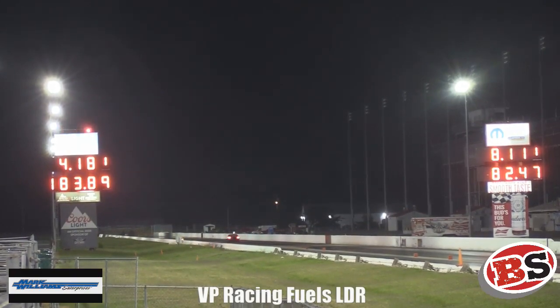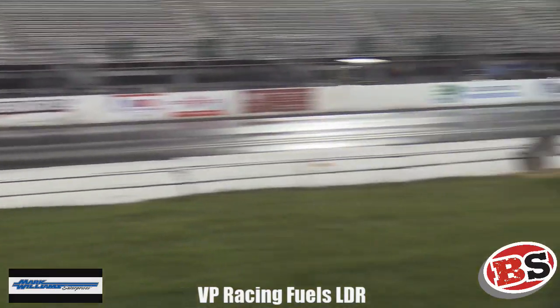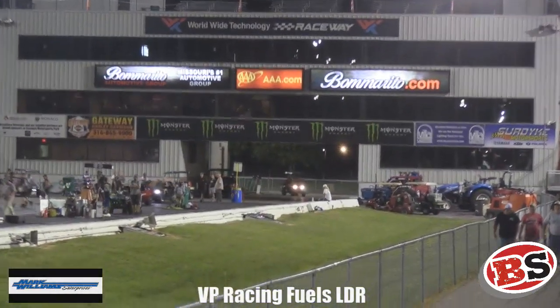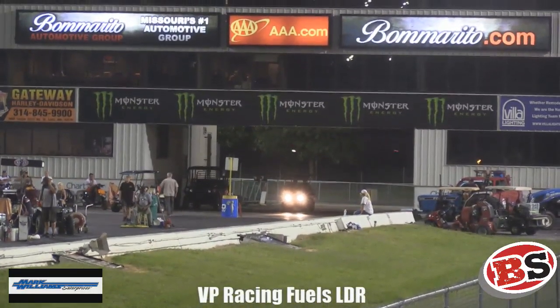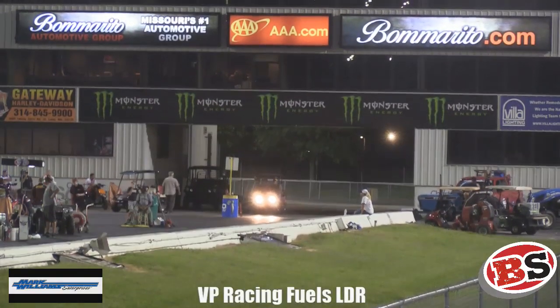The Hawkins team having a little problem, had her hopped up, knew Matt Bell was a tough customer. Wasn't going to give him anything, make him earn it all. And definitely he did that. Matt Bell on for the win. And Bell left his tune-up in it right there as the 18. He's been 4.14, 4.18. And here's a single pass from Jim Howe, who was probably...